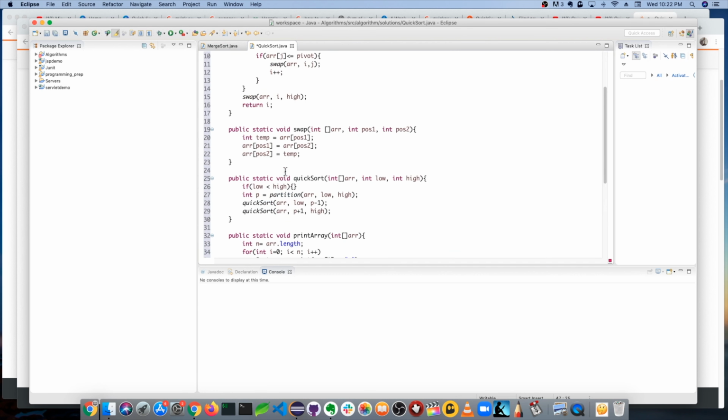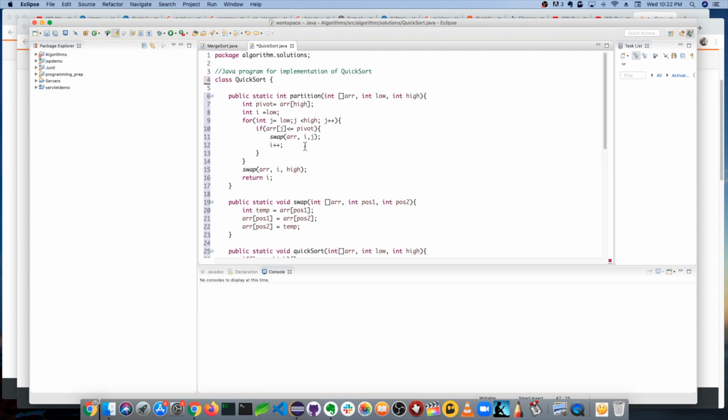All right, so let me just see if we have any errors. Just to recap, we're using Lomuto's partition, right? For that partition, we first set our pivot to array[high], set I to low, then use J, set that to low. We're basically just going to use J to iterate through the array. I is keeping track of the boundary for all the numbers that are less than or equal to the pivot. So you only increment I if and only if you find an array index that is less than or equal to the pivot. And when you do, you perform a swap between I and J and then increment that